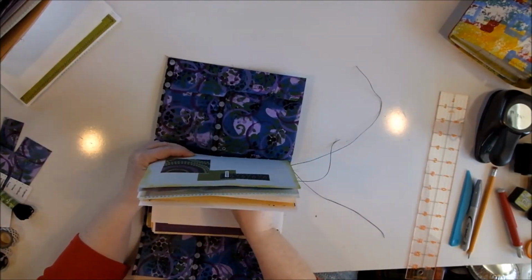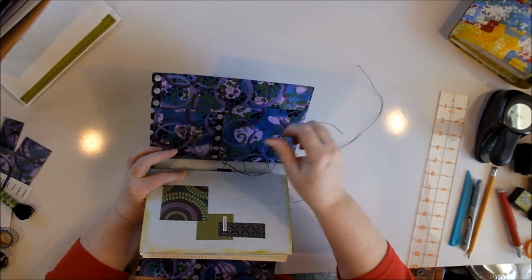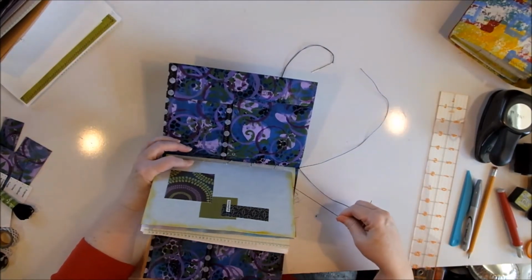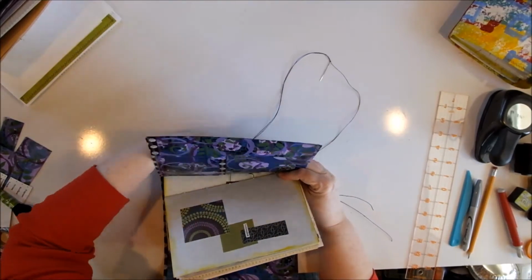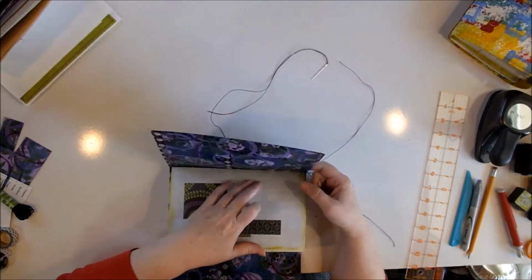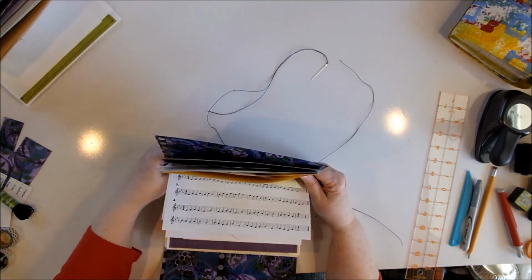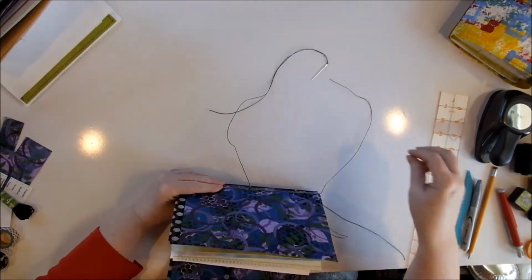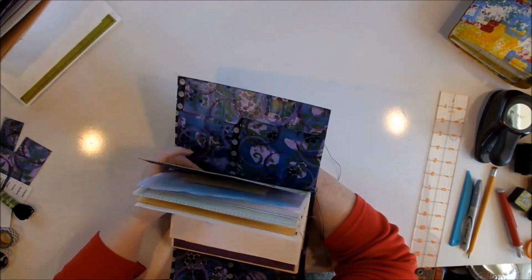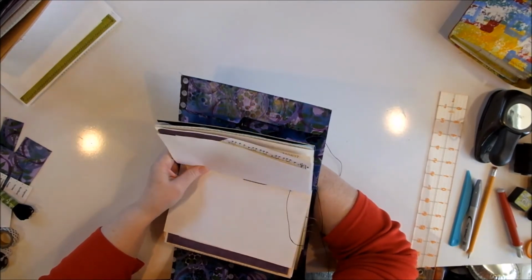You go in and out through the signature and the cover. And you don't want to let it go too long before you snug it up, because especially with wax linen does not slide real well. Okay. And once again, you go out through a hole, you go back in through the next one, all the way in through your signature. Now finding the hole in the signature on the second signature is a little more difficult because you've got to